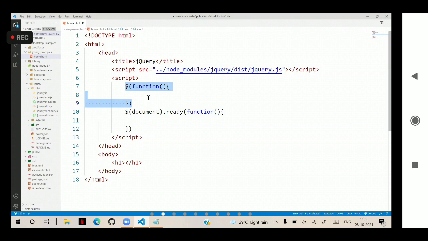First one will execute. But sometimes we want some functionality to happen after the body is loaded. So in that case, we write like this: